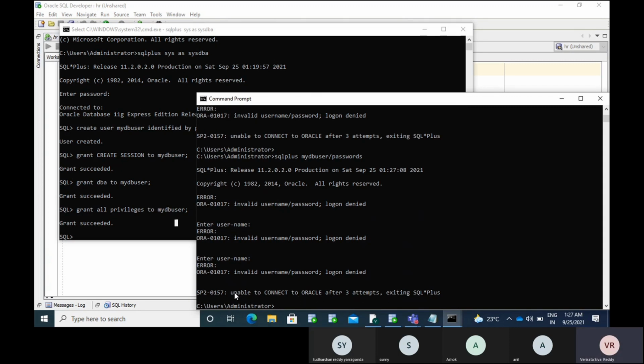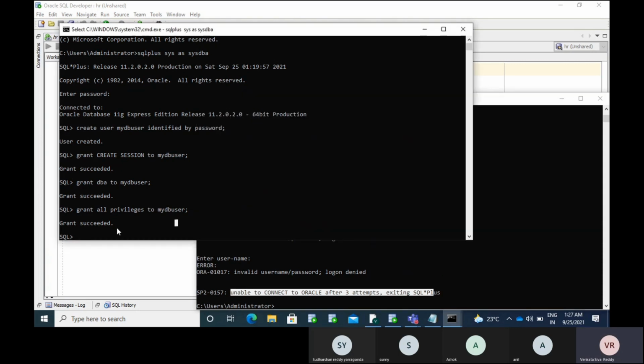If you provide the wrong username or password 3 times, the user is going to lock.